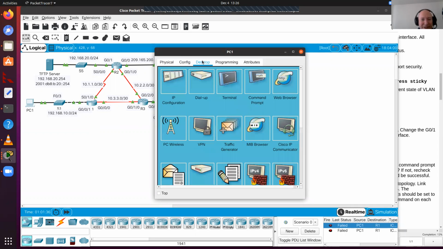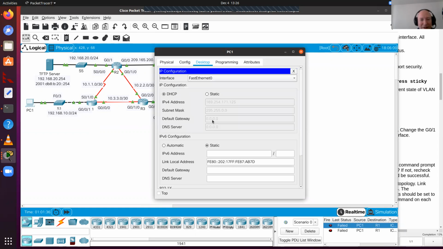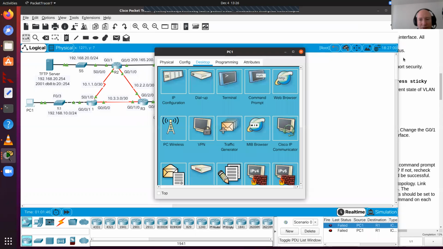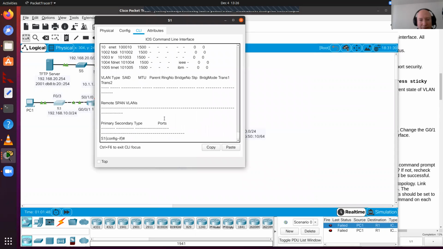Let's do the desktop. If we look at the IP configuration, we don't have a default gateway, and the auto config IP address starts with 169, so that's not good. We could refresh that, but it's supposed to be in another step, so we'll wait for that. And in the meantime, we'll put in the